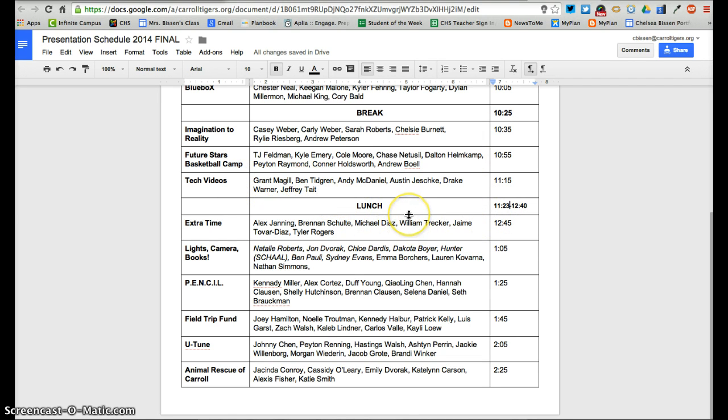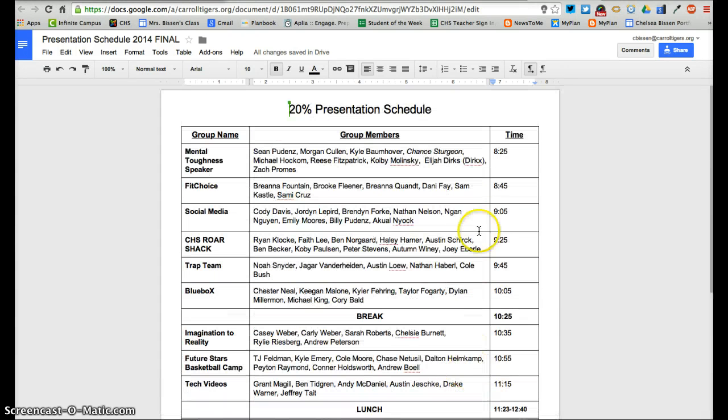Then if you eat A lunch, you'll go to A lunch. Mrs. Raymond will give you enough time to eat. So when you're done eating, you can come back to the auditorium. Then everyone else will be in the auditorium. If you eat B lunch, go during that time. If you eat C lunch, go during that time. And the rest of you will be in the auditorium doing a different activity, and I will talk about that in just a little bit. But here is the schedule for the rest of the day.